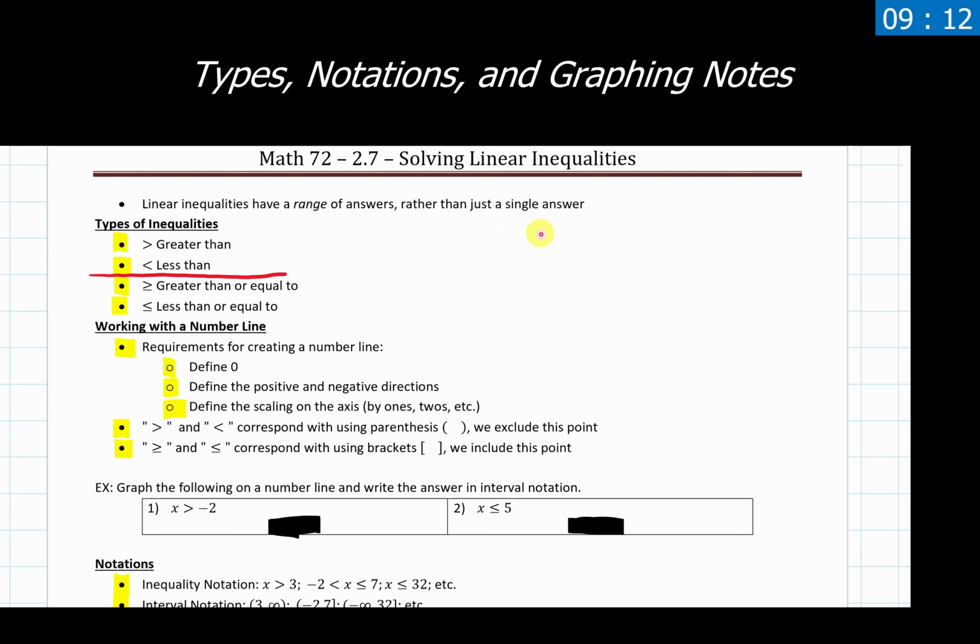Up until now, we're used to seeing x equals a single number. x equals 5, x equals -3, x equals -5/3, something like that. We have just a single number answer. Well, now we're going to have answers where it's a range of answers. It's not one thing, it's a whole big long stretch of stuff.